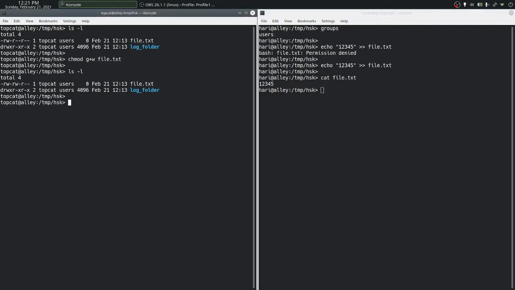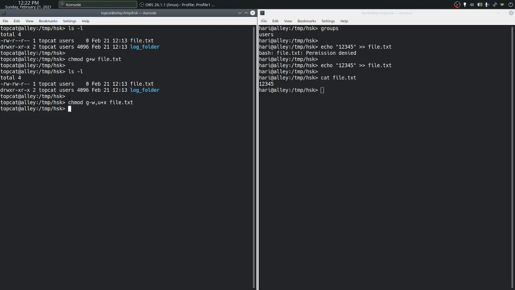Now the syntax for chmod doesn't have to be one entity with what operation or permission we are setting on it. Let's say that we want to remove the write permission from the group. We can do that with g minus w, and let's say that we want to allow the user, which is represented by u, to have execute permission also. So we can specify as many of these permissions separated by a comma